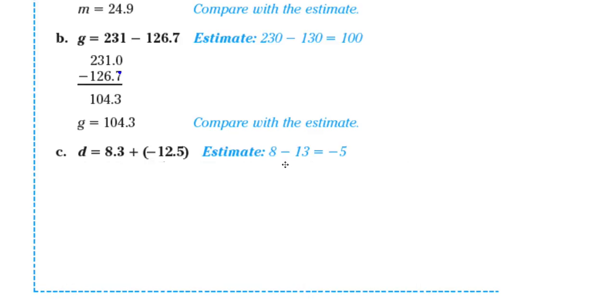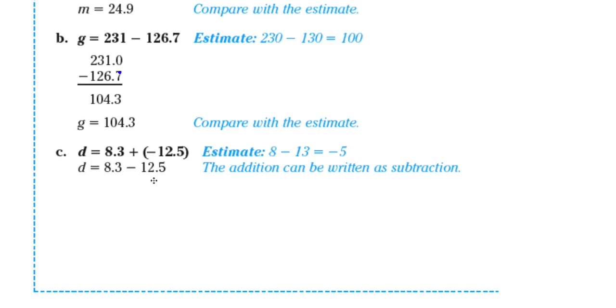This time it's rounded to the greatest place value position they both share, which is the ones place. So 8 minus 13 is negative 5. Our answer should be close to that. And what you also notice is that we are applying the rules of integers when subtracting. Like what the song says, same sign, add and keep, different signs, subtract. And since we have different signs, we need to subtract